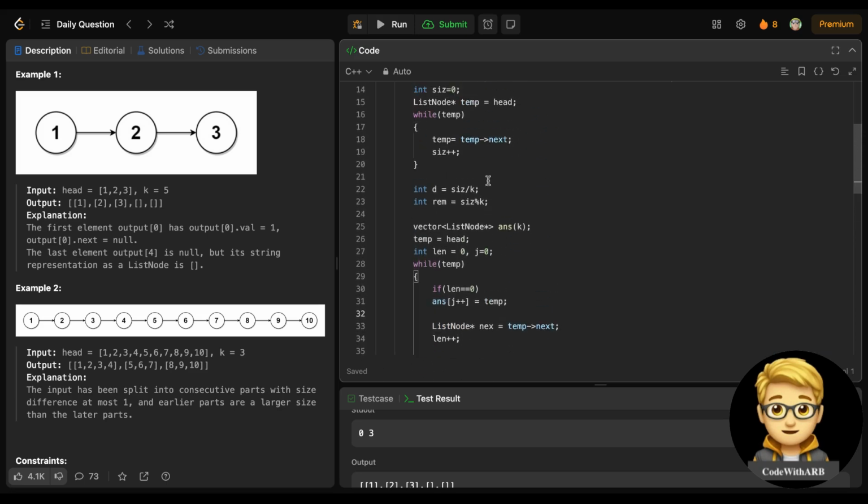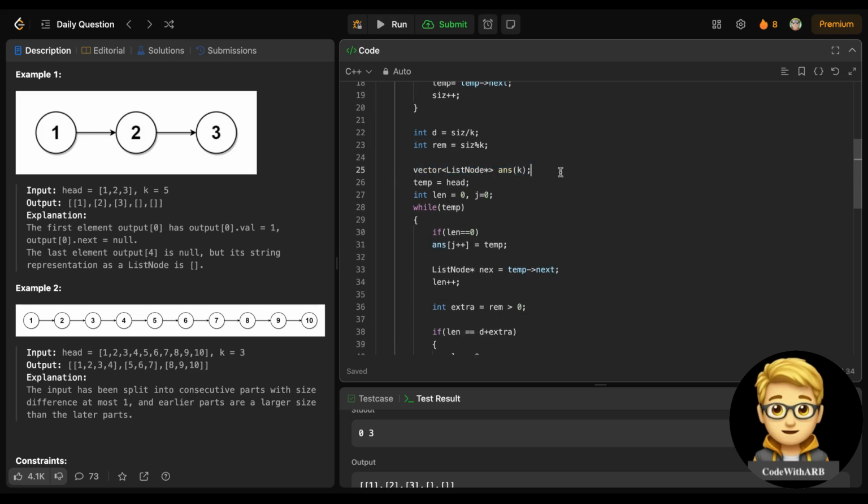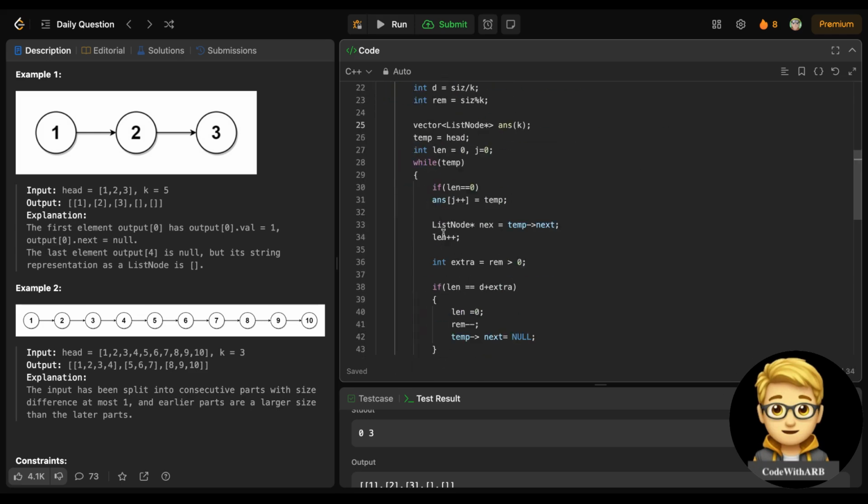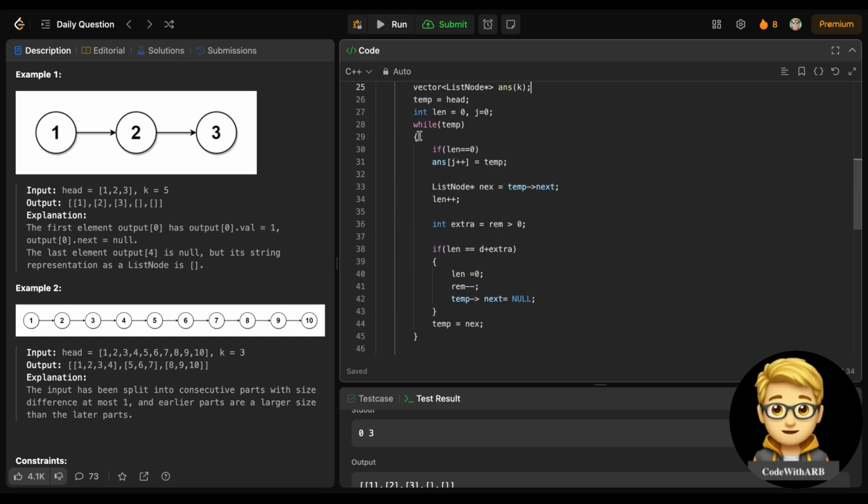So what is happening: I find the size, I divide it into equal parts, I get the remainder, and I make an answer list node for storing the head of each part. This is just an implementation. I'm calculating the length for each part. Whenever I calculate the length, I also need to consider the remainder part from the start until the remainder is not equal to 0. So whenever the length of the part equals d plus extra,